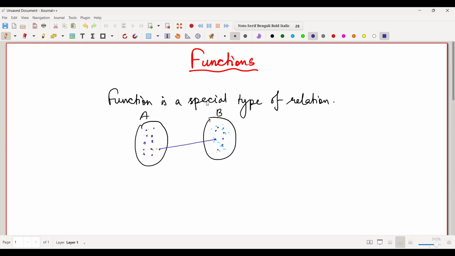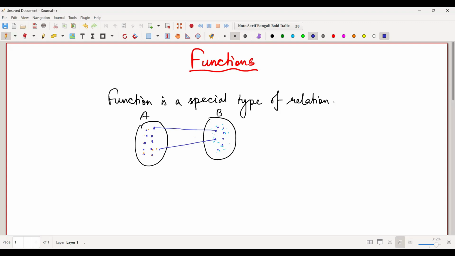So all the elements of set A must be related to an element of set B. It may be unique or may not be unique,